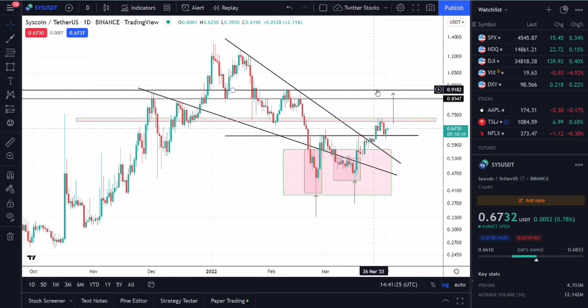Now if you look at the 3-day chart again, the most strong resistance is around 90 to 91 cents and not around this 85 cent area. So most likely, just like the move over here, we might see a run up from 73 cents all the way towards 90 to 91 cents over the very short term. So apart from the two bullish setups that we have on the USDT chart, a few more things that I